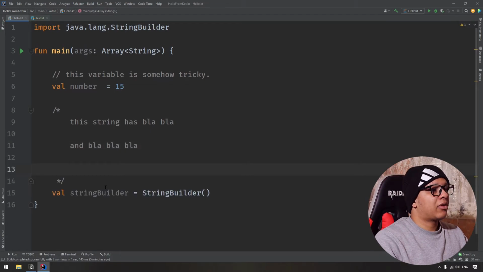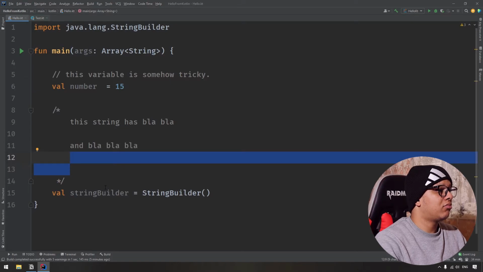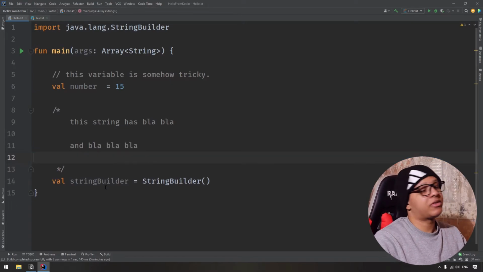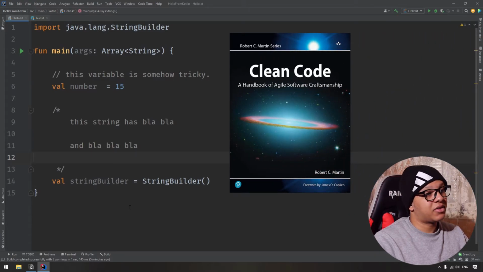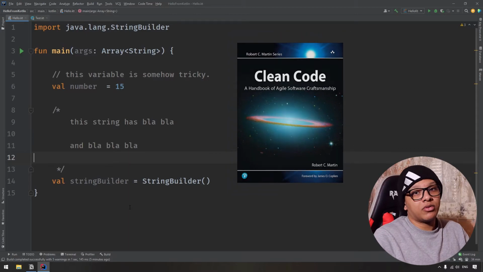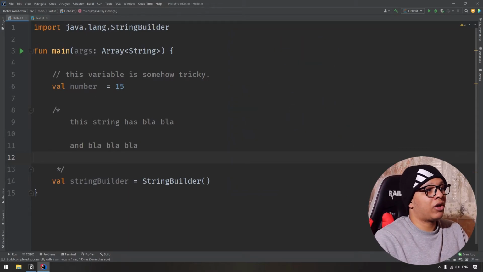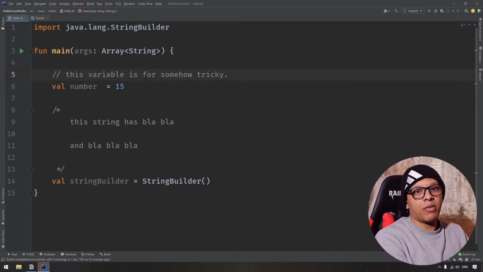All right, now comments are somehow, I don't like comments. Okay, I don't like comments, and most good developers don't like comments. Why? Because if you read the book of Uncle Bob, Robert C. Martin, about clean code, you should know that comments are unnecessary. Why? Because what you are going to do with a comment, you are going to try to express something from your code, right? Okay, so you are going to say that this variable is for, let's say, variable for